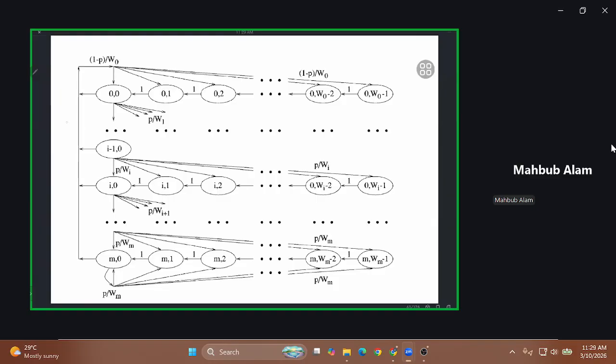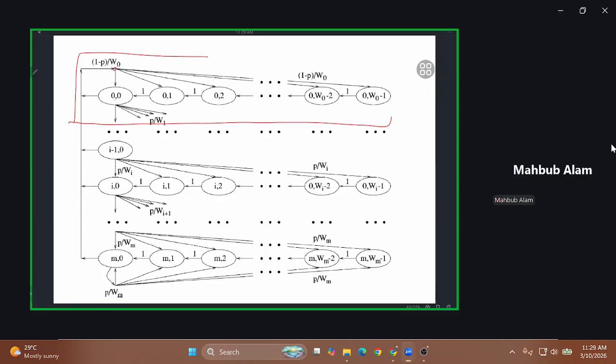If you focus on this part, it says backoff stage 0. That means a fresh frame is transmitted, and from here, a station randomly chooses a backoff value in between 0 to